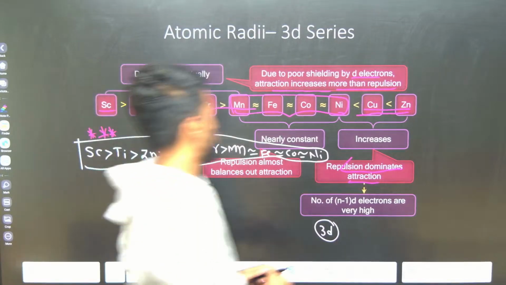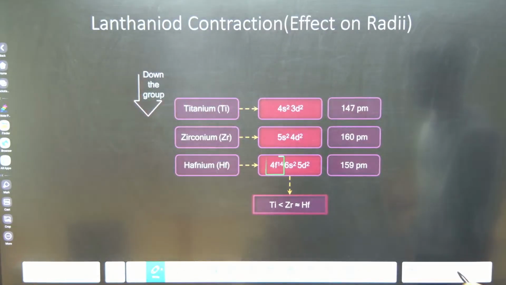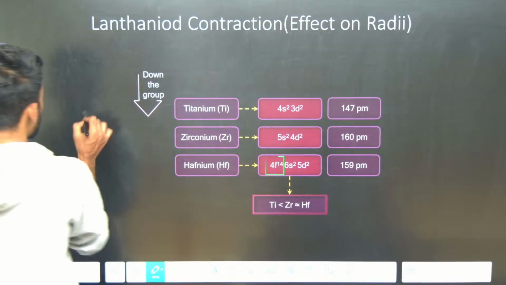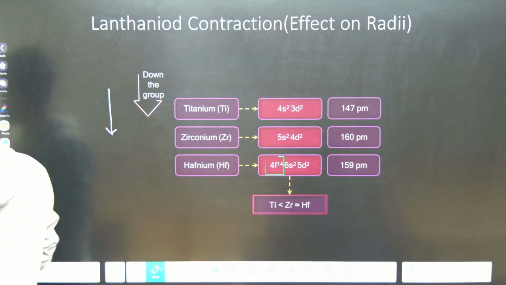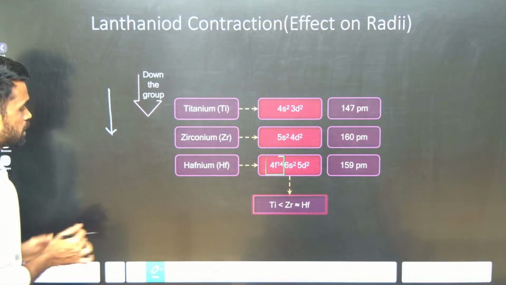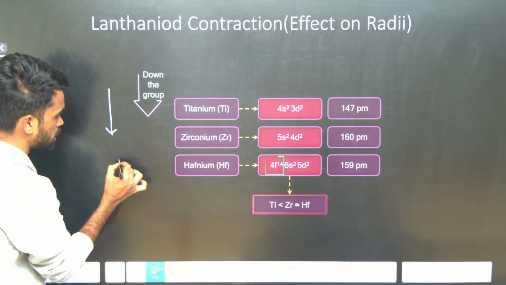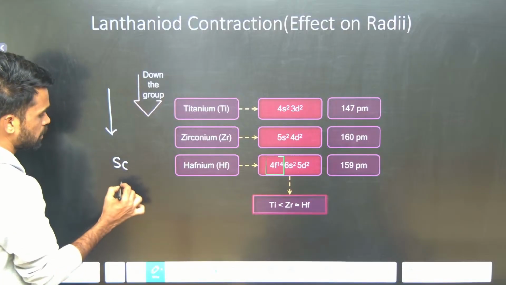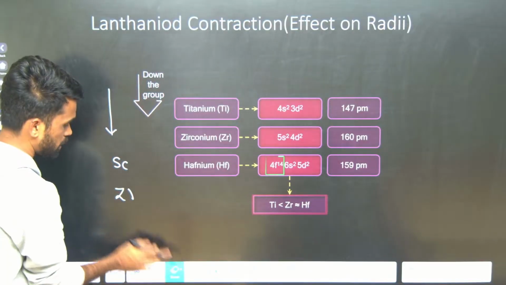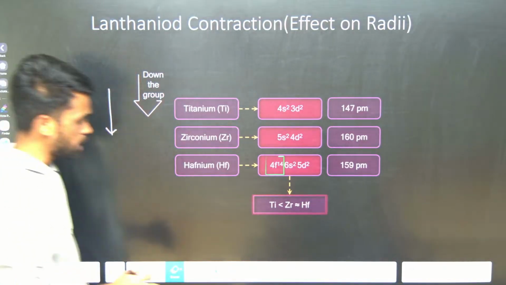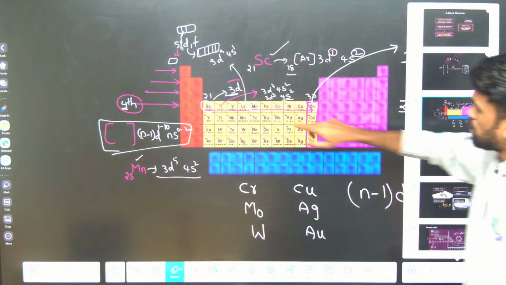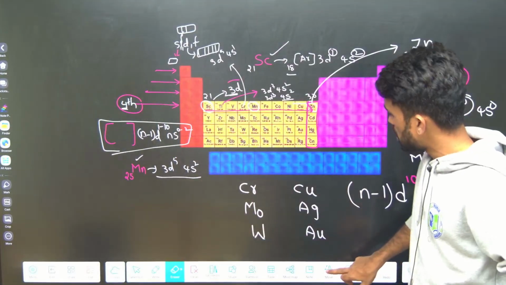Okay, that's it. The next one is: what happens to atomic radius when we move down the group? When we go down the group, how does the atomic radius change? It is very easy. So what are the elements? We have seen scandium, titanium on this side, and here you are seeing yttrium, zirconium, like this. Now if you see this periodic table,